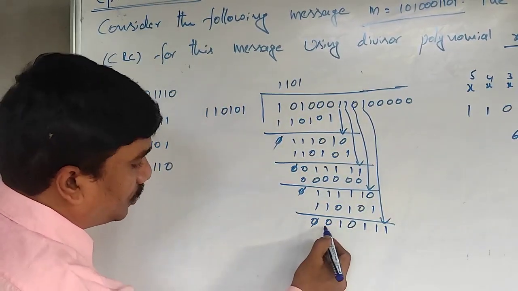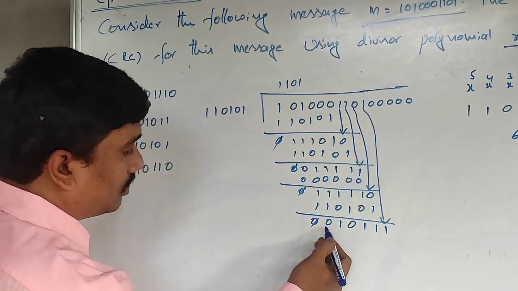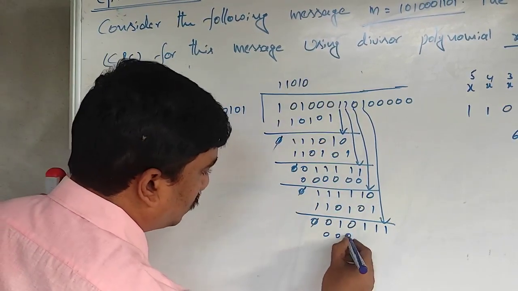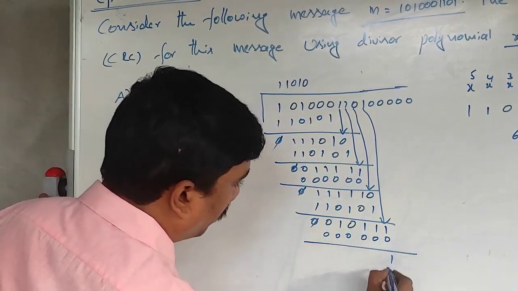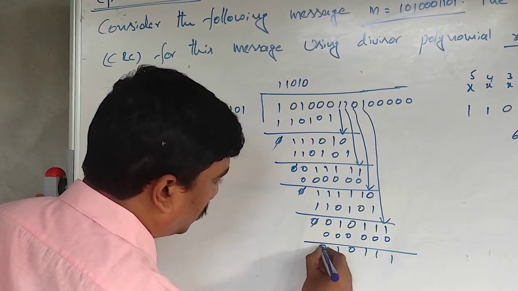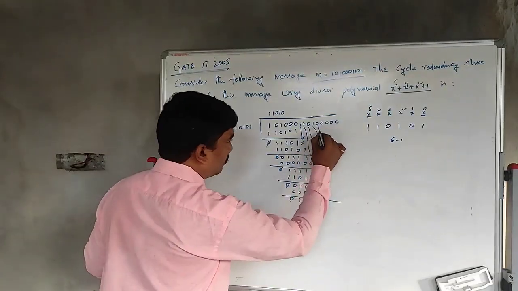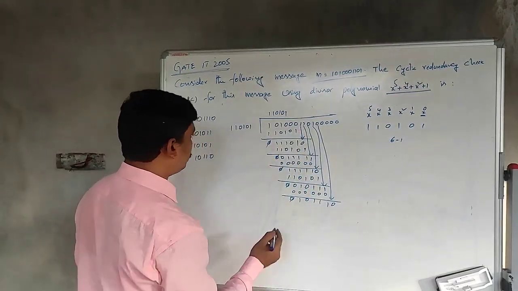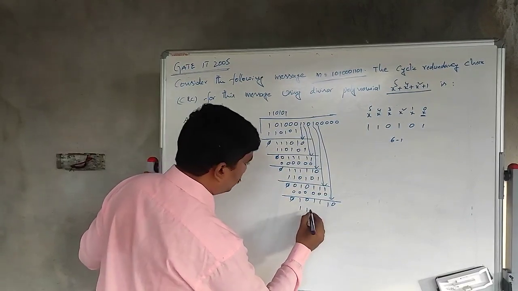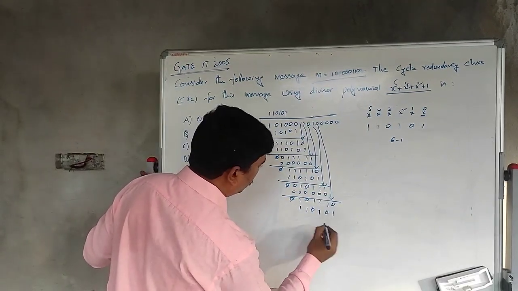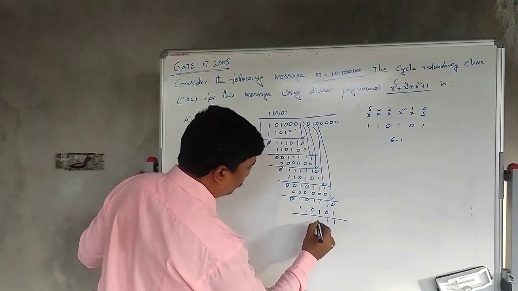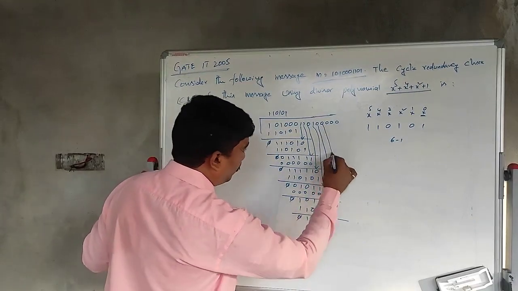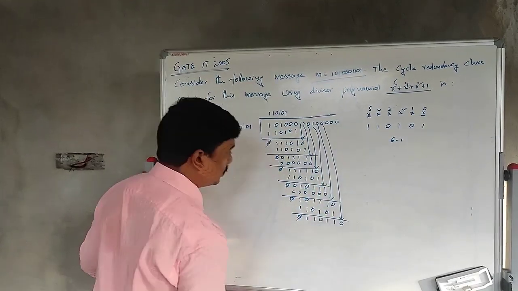So, leftmost should be 0. After cancellation also the leftmost bit is 0, that is why we use 0 this time, again zeros. 1 1 1 0 1 0, cancel the leftmost bit, again put down one more bit, that is 0, right. Again one time 1 1 0 1 0 1. So, 1 1 0 1 1 0, cancel the leftmost bit, and one bit should be put down, that bit should be 0 here.